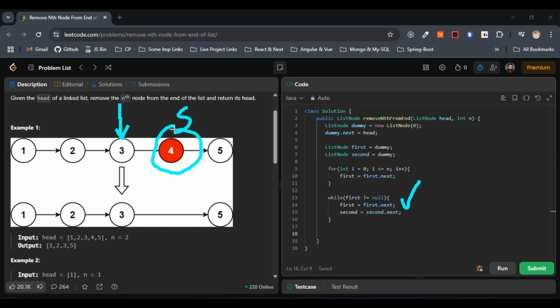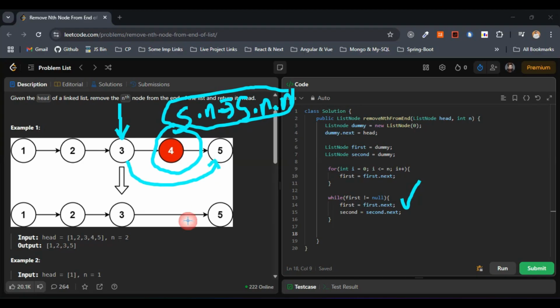Means we can write that in the form of code like this: second dot next. We have to skip this one, right? We can just assign this to second dot next dot next. So we are skipping this one. We are assigning this one from 4 to 5. After doing this step, we are assigning this from 4 to 5, meaning the answer will be every time the node present next to the